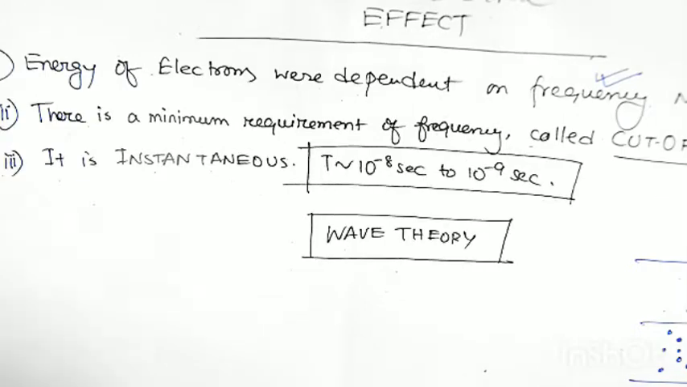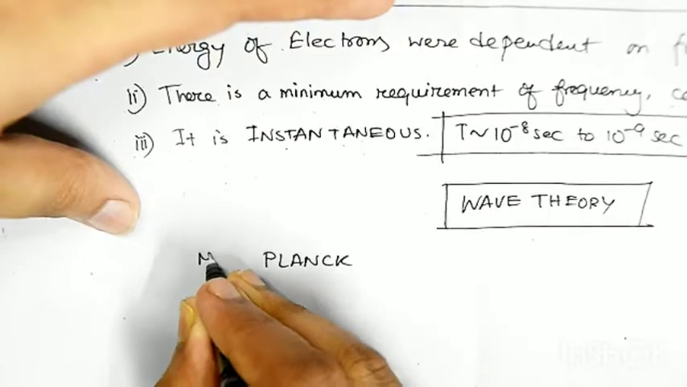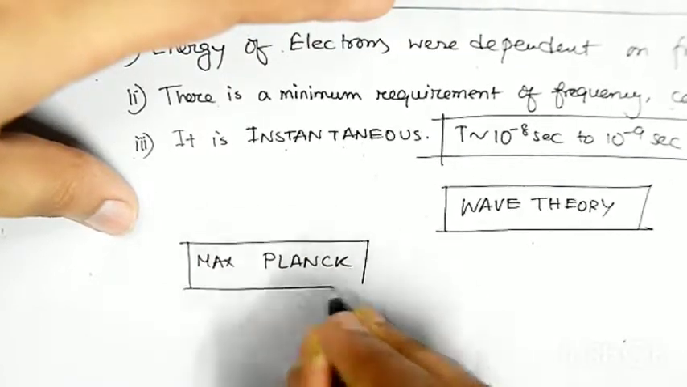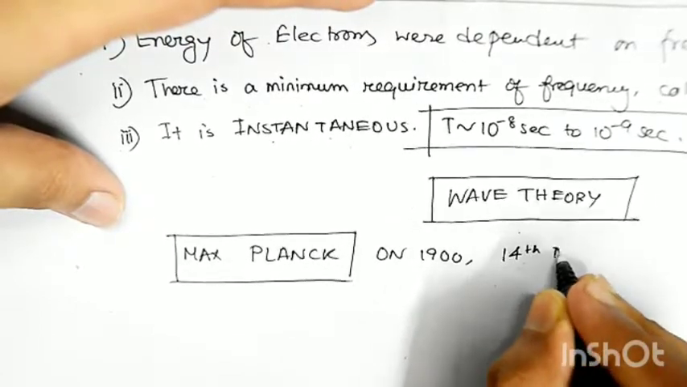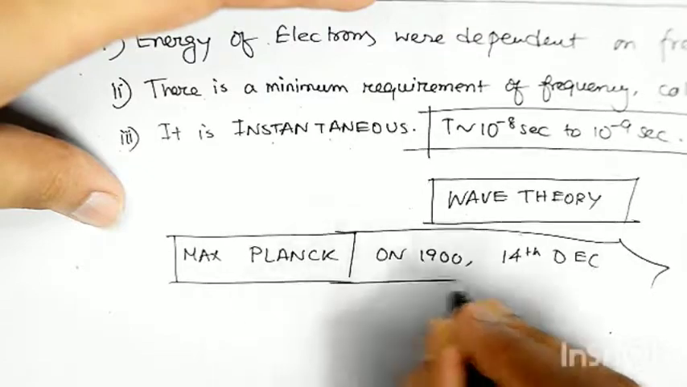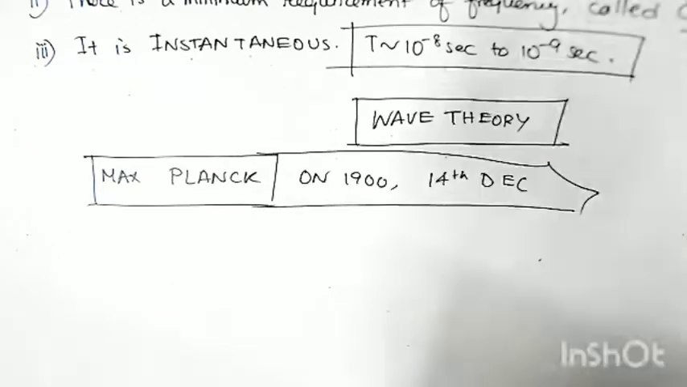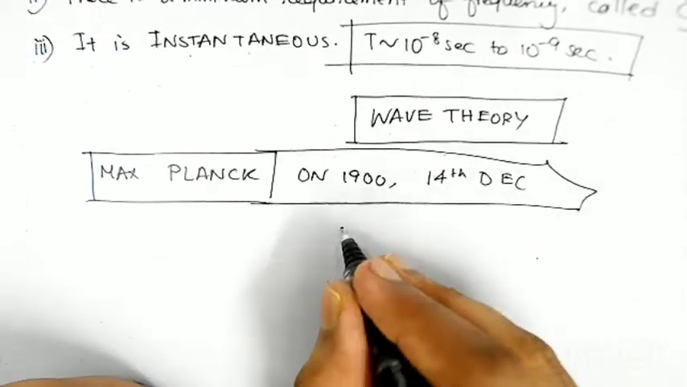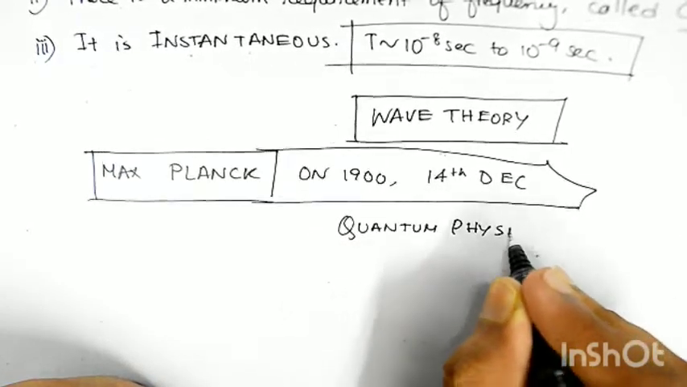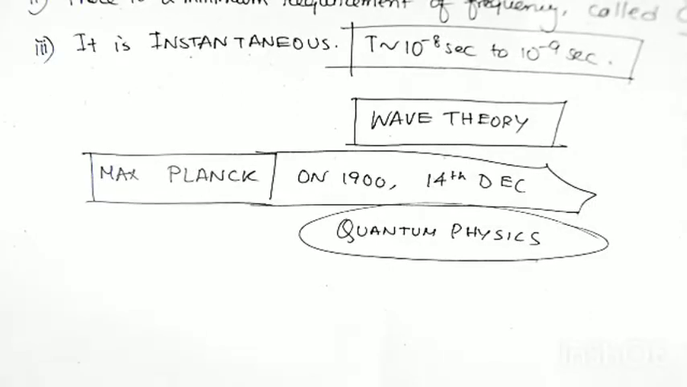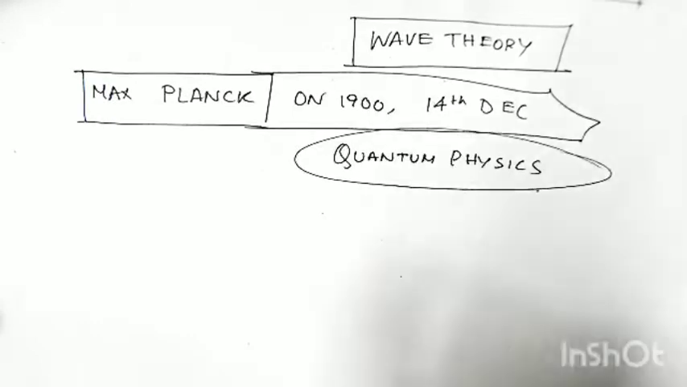Before Einstein's work, there was a scientist named Planck. Full name Max Planck. On 14 December 1900, he gave a very special theory, which actually is a cornerstone of quantum physics. He said this during his explanation of black body radiation,